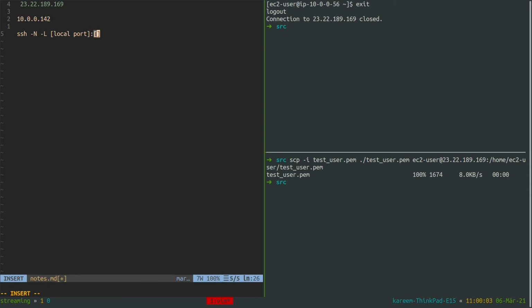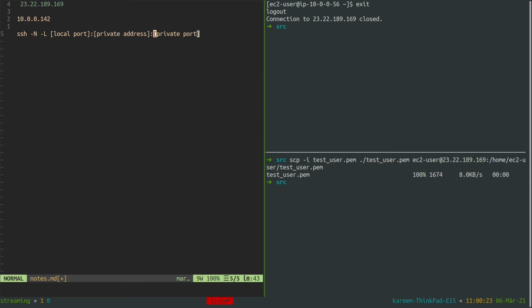And next we need to define the private instance address that we need to access, and the private port that we also need to access. In our case, this will be the SSH port, which is 22.